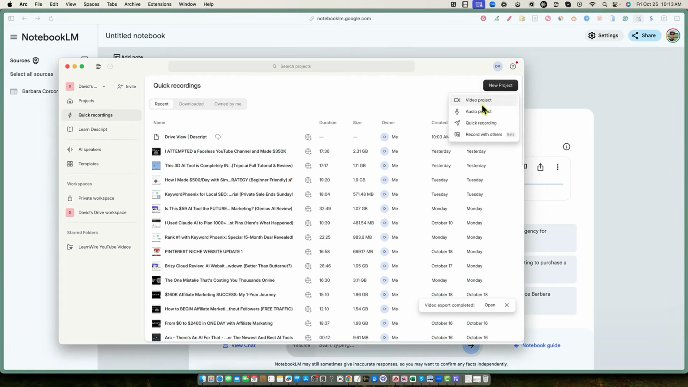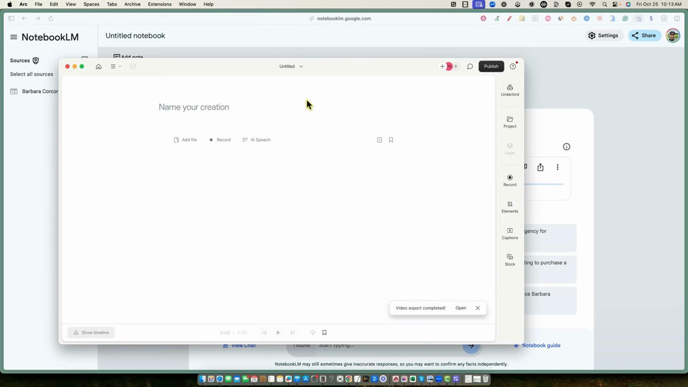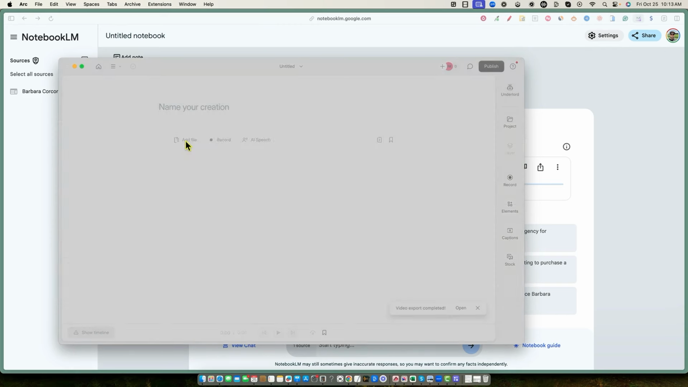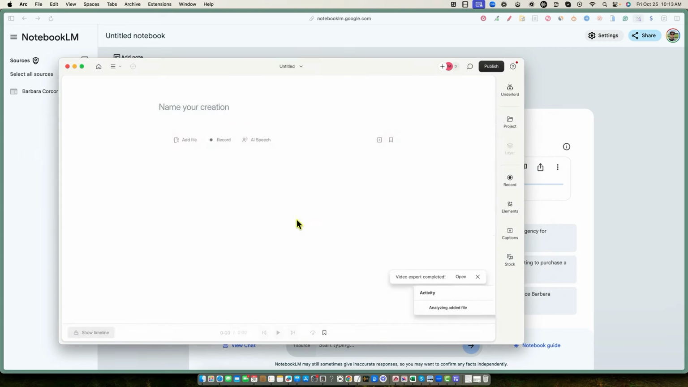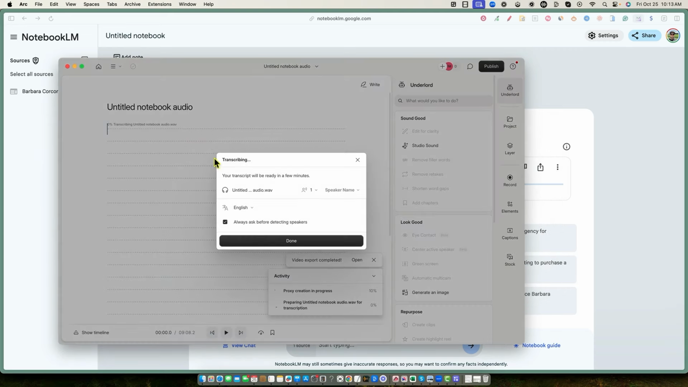So I'm going to go into audio project here, and then I'm going to add a file. We'll go to our downloads and we'll put that file in, right? So we're going to add that file, and now it's going to transcribe this for us. You can see it's going to transcribe that whole voiceover. That's basically a podcast voiceover that was built with AI. And then we can go out there and we can create some really cool stuff once we get this transcript,